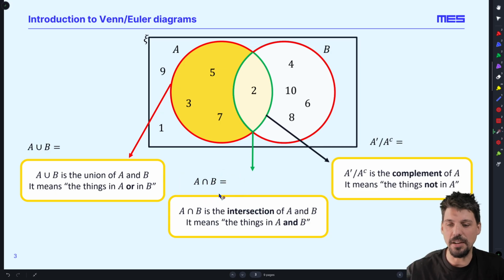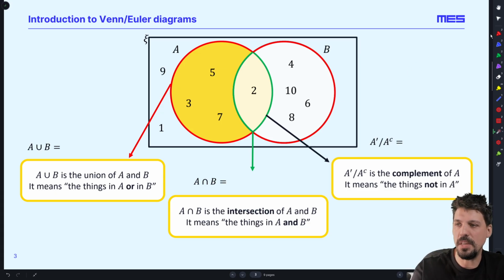This is the intersection, A and this upside down U, B. That represents the numbers that are in A and B. So in our case here, the numbers in A and B is just the number 2. It is in both of these. So here we've got individual numbers. All right. Now you can think of this as A